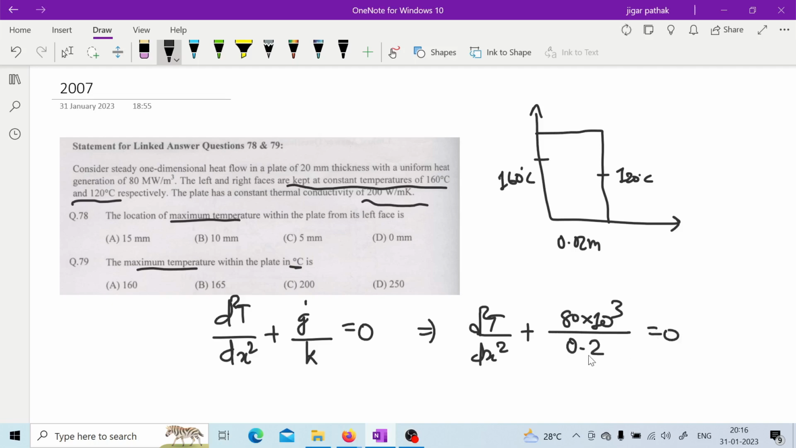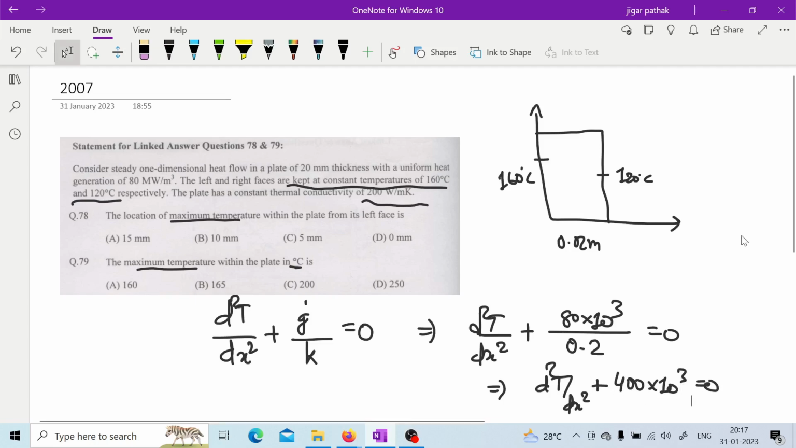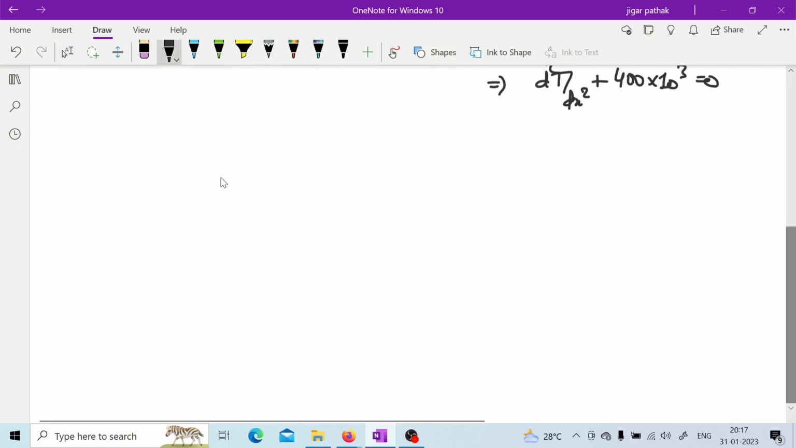Yes. So this is 5 millimeter. Yeah, 5 millimeter is the correct answer. Let us see how you will get that. So d square T upon dx square plus 400 into 10 to the power 3 is equal to 0. Now if you are going to integrate this,